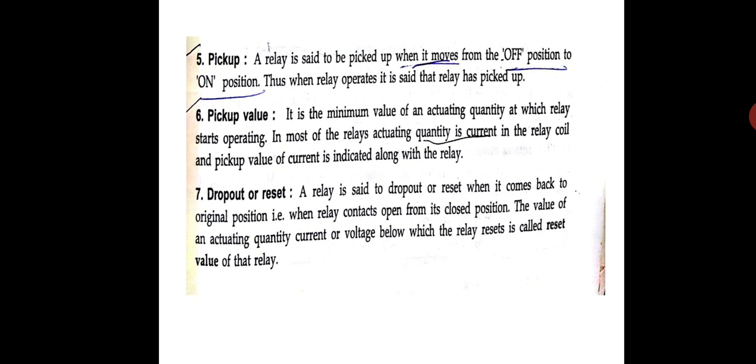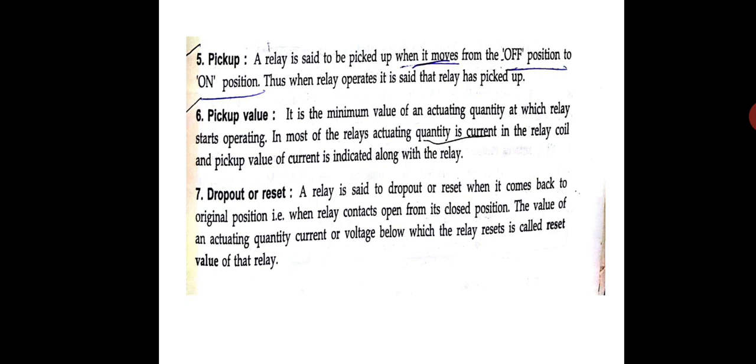Like, there is a system which is normally operating at 10 amperes. A system is said to be operating normally when it is only up to 10 amperes. Suddenly the moment current becomes 13 amperes, 13 is not normal, right? The preset value is 10. So instead of 10, if 13 comes, then 13 will actuate your relay. So the moment 13 comes, we can say that the relay has picked up. Picked up means it has turned to the on position.